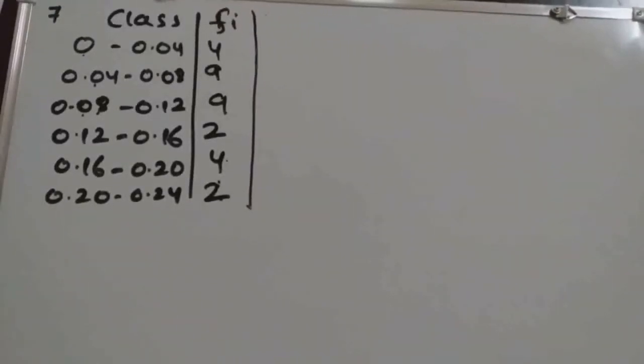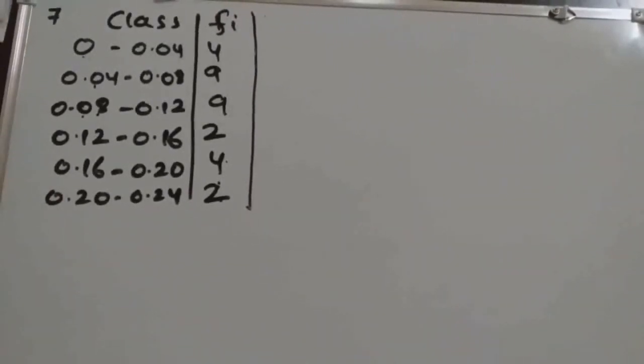In question number 7, see, in all the questions of statistics, they will give one table, a frequency distribution, in which one column will be of classes and another column will be of frequency, and for that they will make their own stories, isn't it? Now in this question 7, you should remember, you should concentrate on both columns, focus on classes and Fi only.